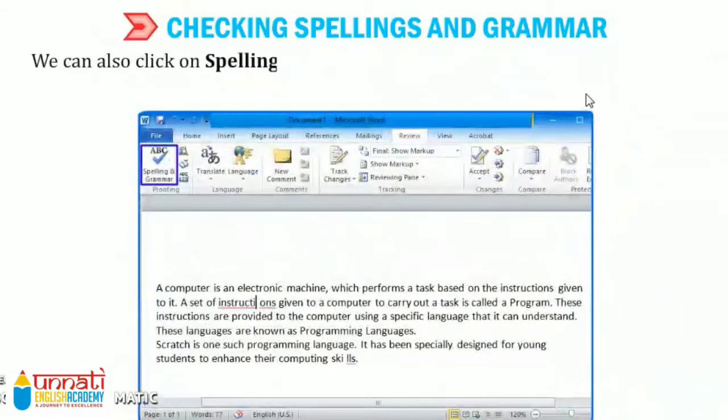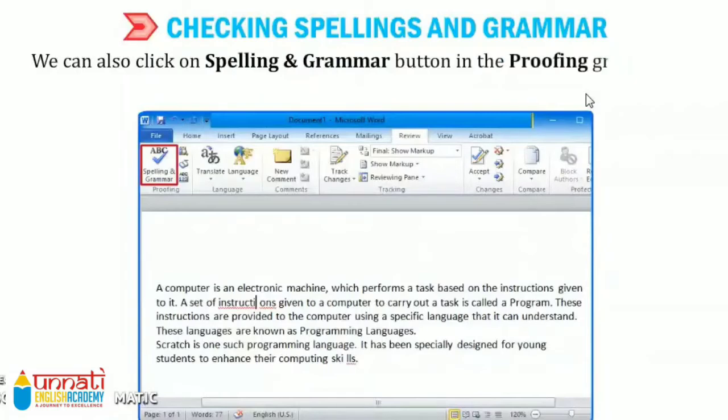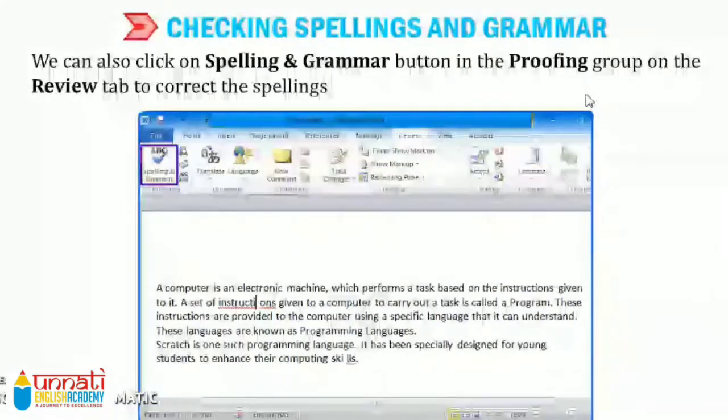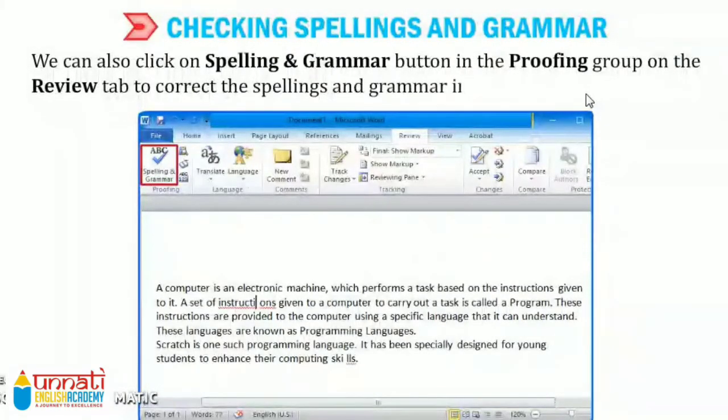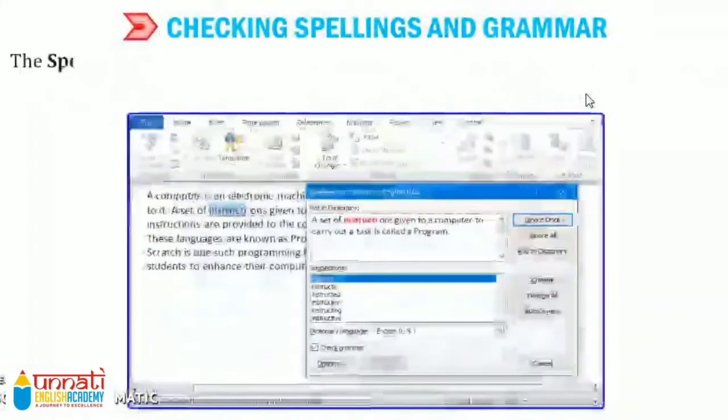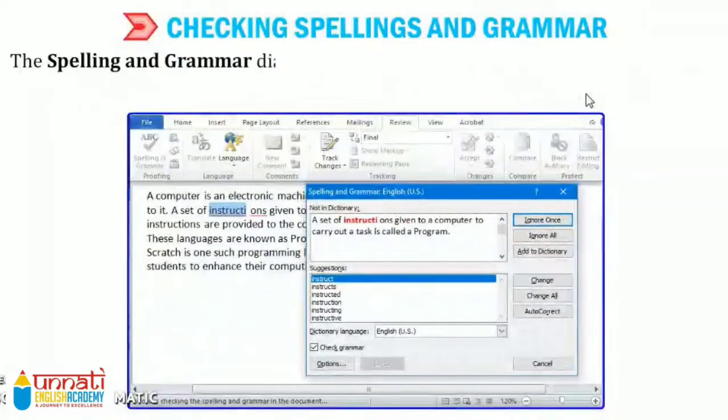We can also click on the spelling and grammar button in the proofing group on the review tab to correct the spellings and grammar in the document. So which group will you go to? You will go to the proofing group, and in which tab? Review tab.